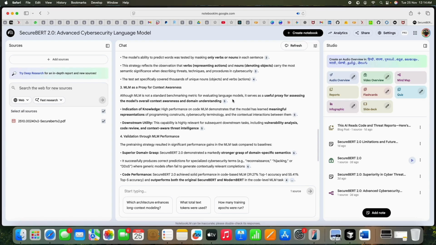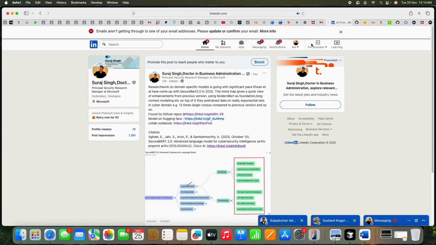Now, since I had that, I went through the research paper, and I also found, so this is where I posted. I found the GitHub repo, found the model on Hugging Face, and even the Colab. I started with the Colab notebook, by the way. It was not so much fun. So what I did, I went to